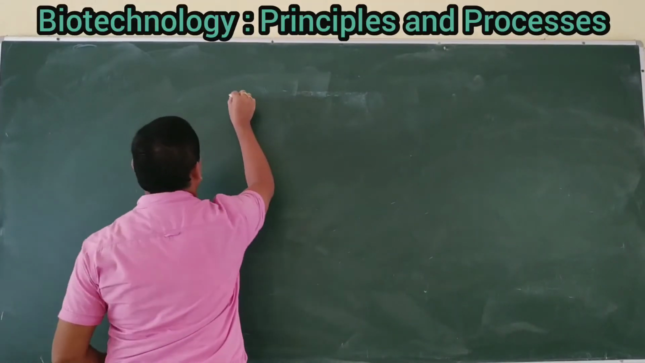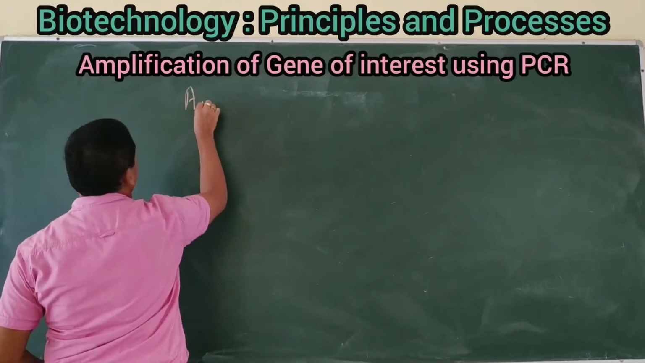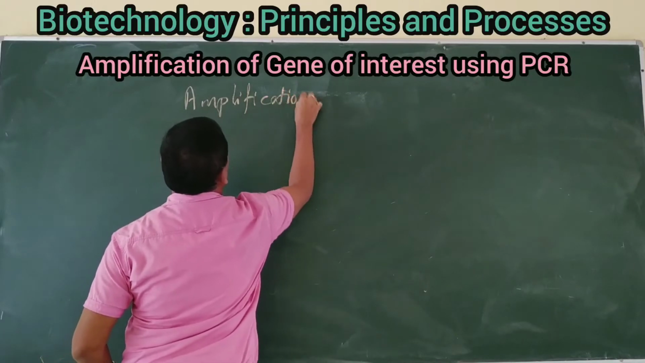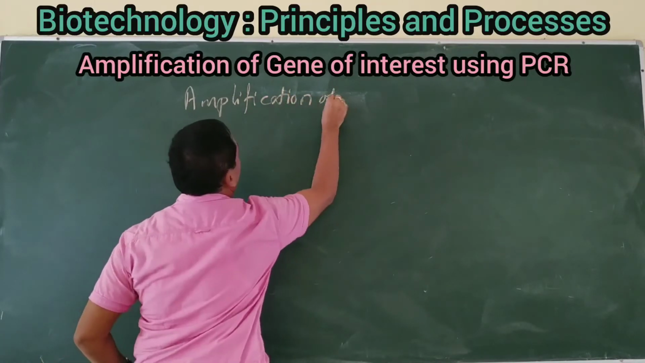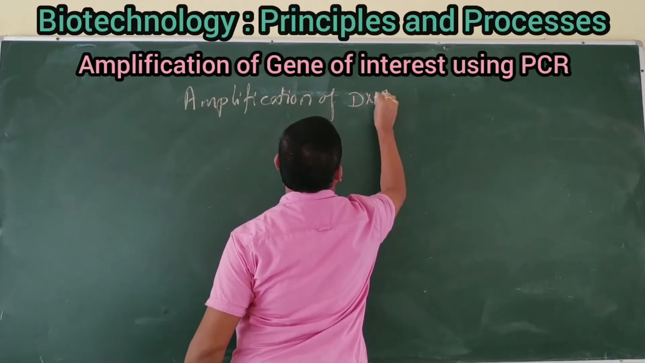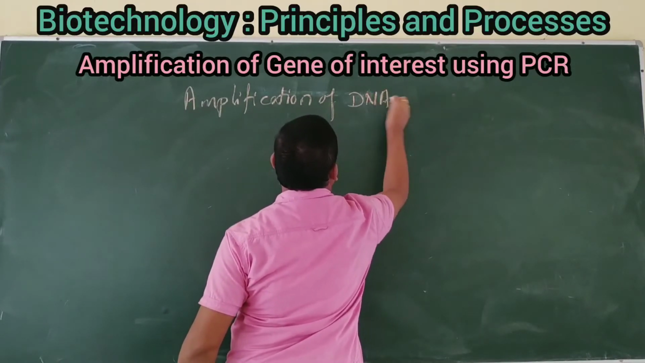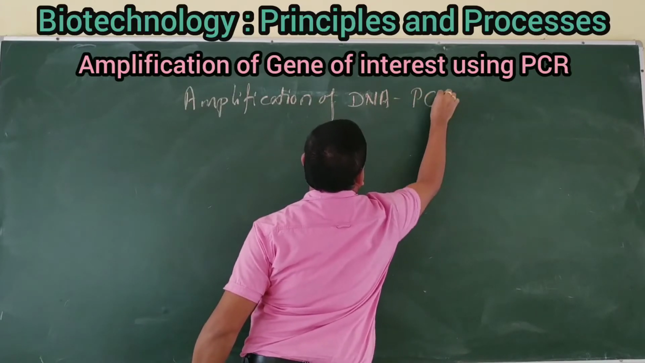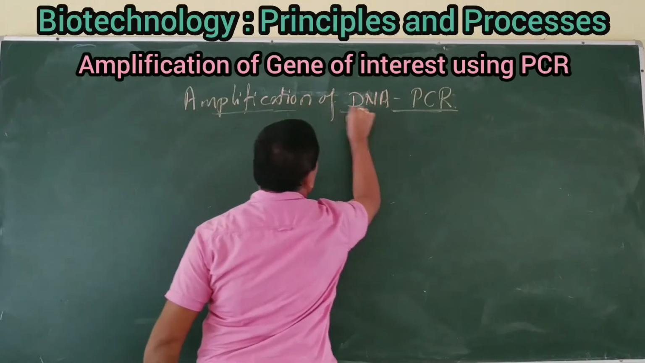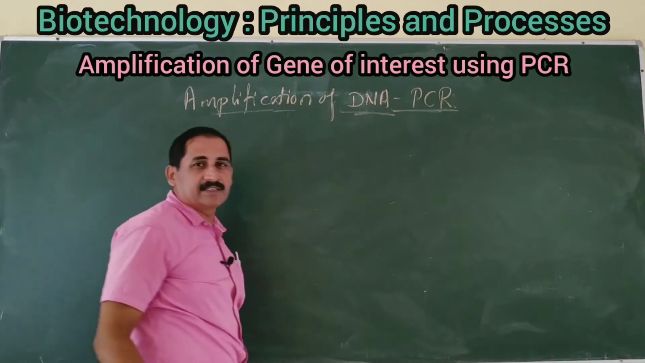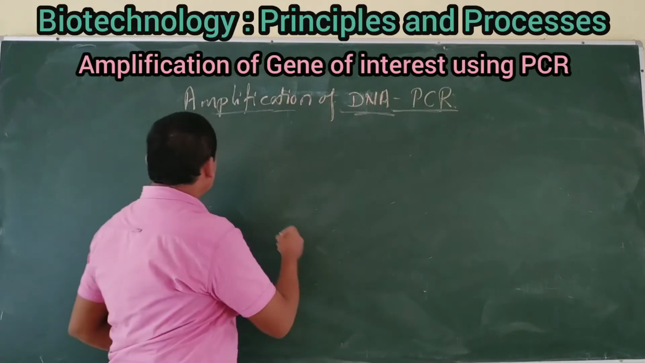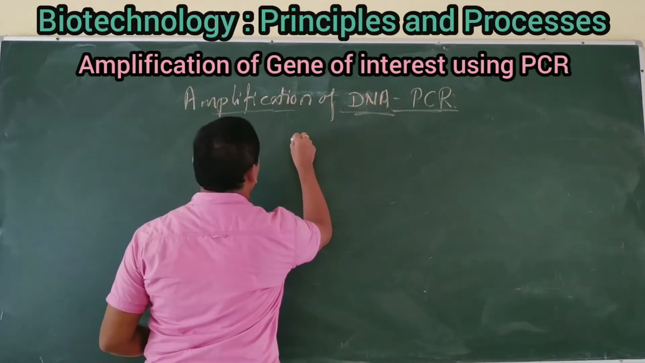So, gene amplification, or amplification of DNA, by using PCR, polymerase chain reaction. In this polymerase chain reaction machine, we can adjust different temperatures. So in this, we have to take a